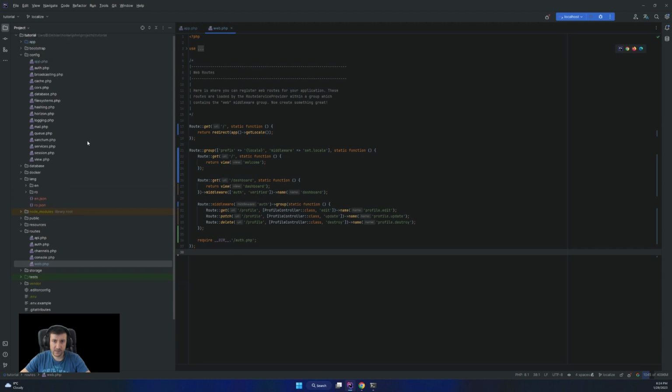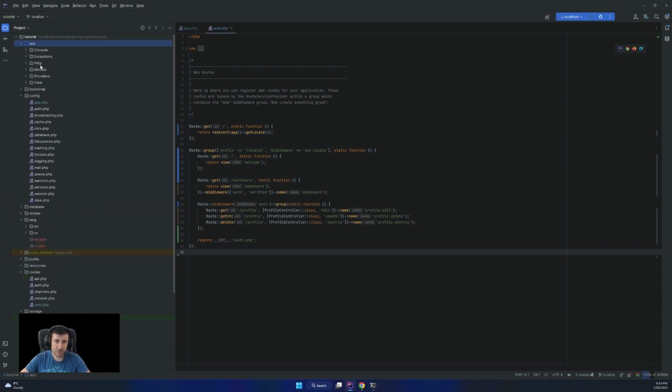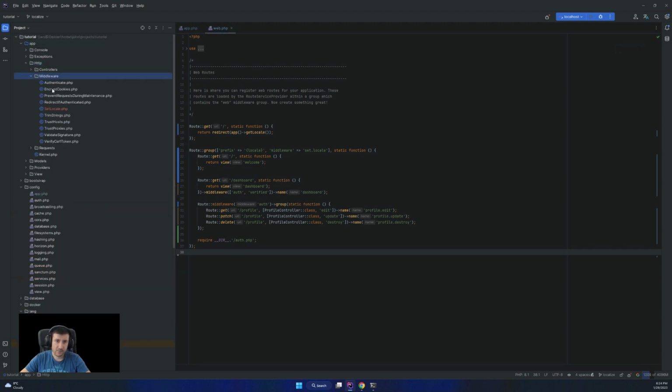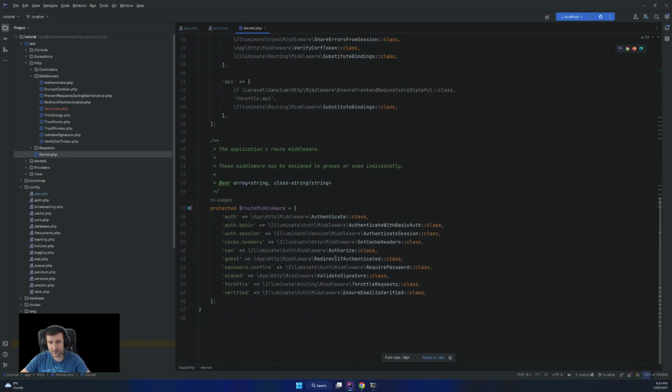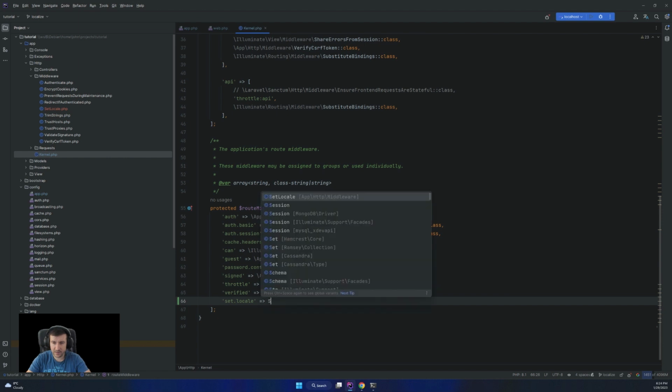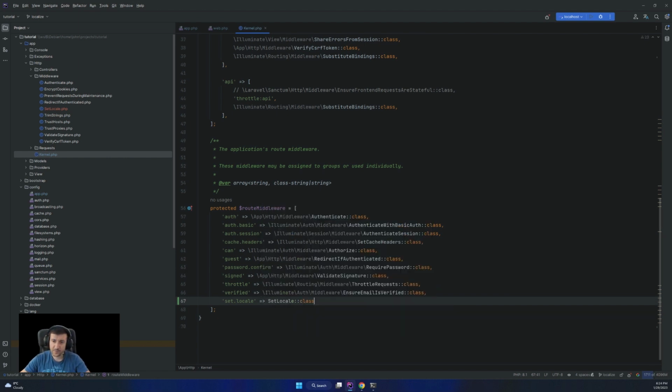I've created this middleware that will be in middlewares. I want to add it in the kernel. So in the root middleware, I put a new middleware that will be set locale, my new class that I created. So we have it defined in here.